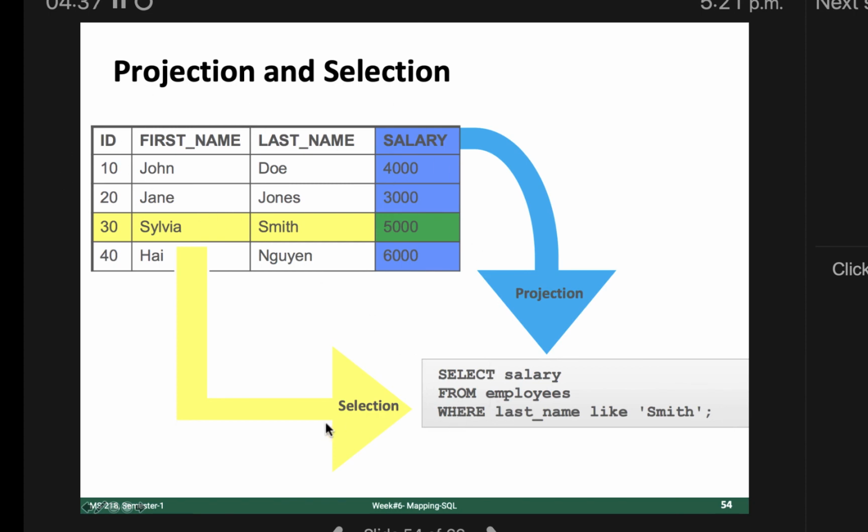But we are very selective about one employee whose last name is Smith. So this is row selection and this is column projection. We would only get this data, 5,000. So we can easily find out the salary of Mr. Smith, right?